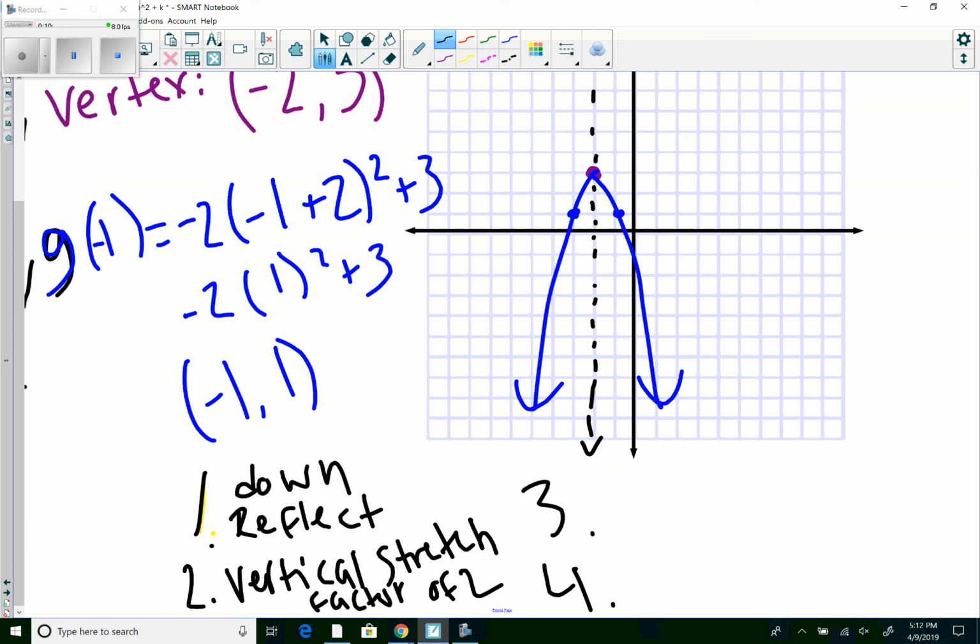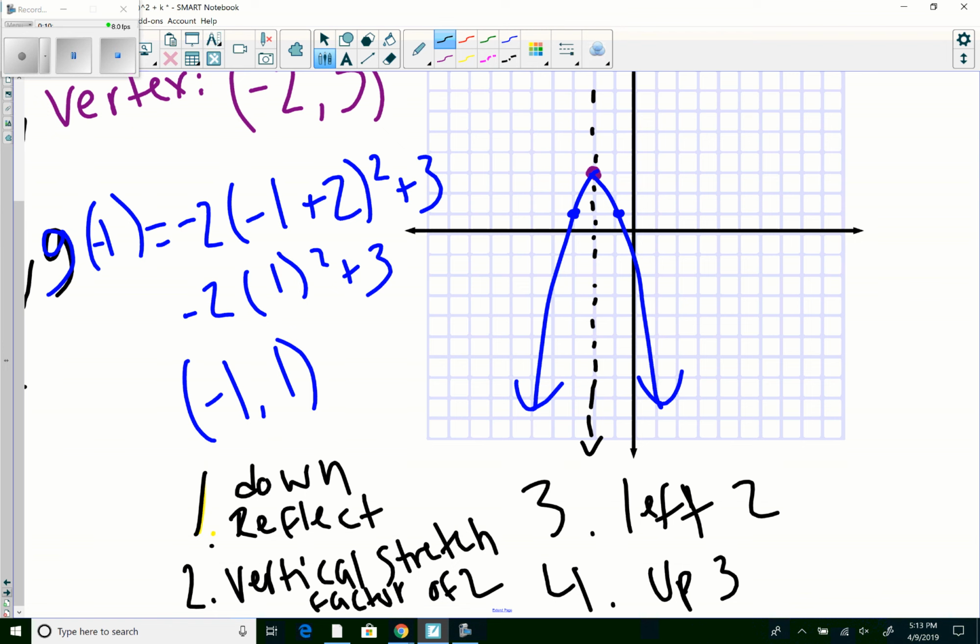Your third transformation, your entire graph moved to the left 2 units, and then the fourth transformation, it moved up 3 units. So that's just a basic summary. You guys are going to be asked to identify and explain some of those things, so just be prepared for that,